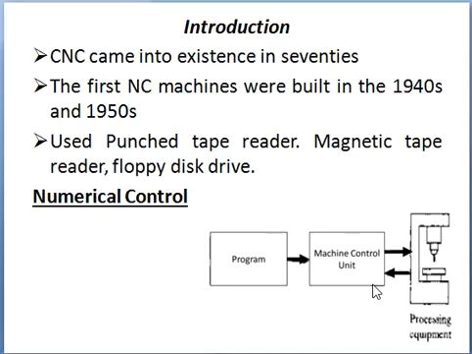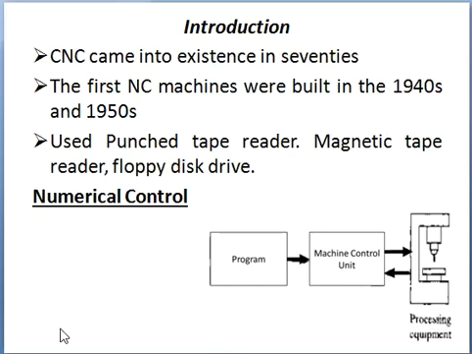It is the third basic component in a numerical control system that performs the actual work. The machine tool or the processing equipment converts the starting workpiece into a complete part. The machine tool is controlled by the machine control unit, which in turn is controlled by the instructions given to it in the form of a part program. The applications of NC systems include batch and high volume production.